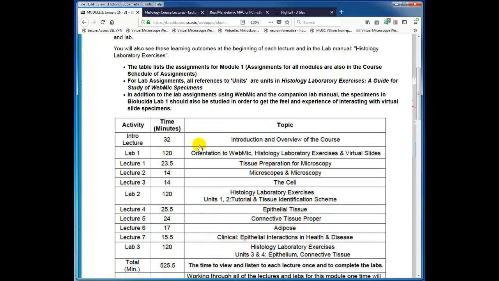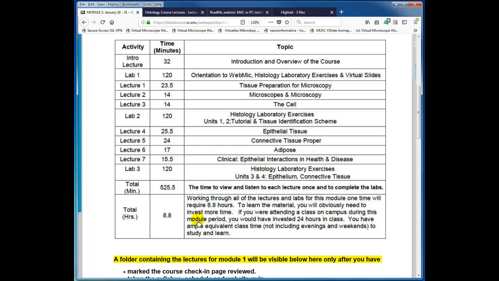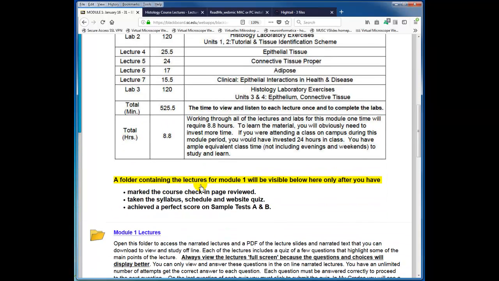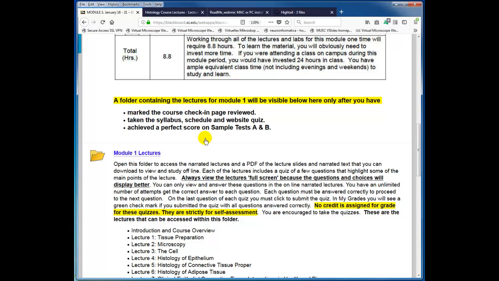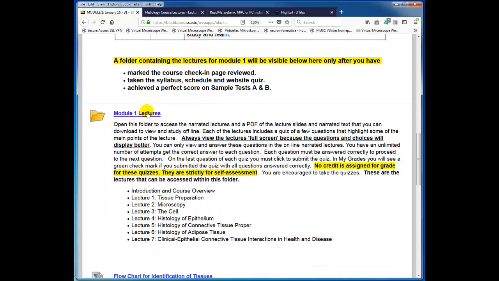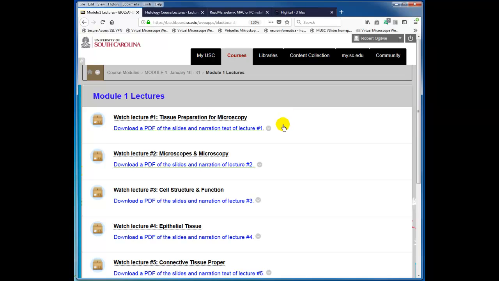You will be able to see the table, which is repeated from the course assignment schedule link that I brought to your attention. And then you'll be able to access the folder that has the lectures, and each one